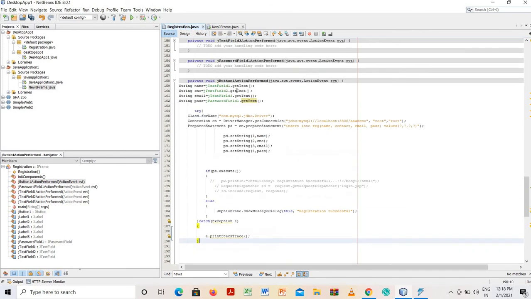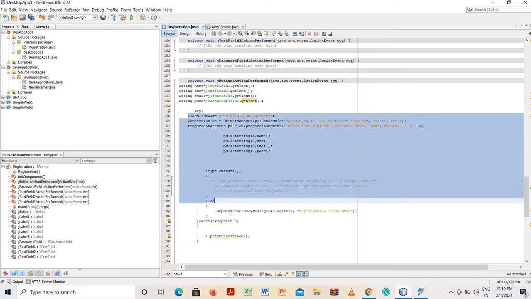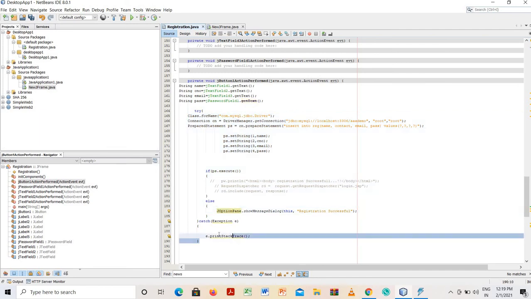Okay, so here is a try block. We have already discussed the need of this try block. Try catch block is used for exception handling, so if there is any exception in this particular code, we can handle it using the catch block. What exception can occur?